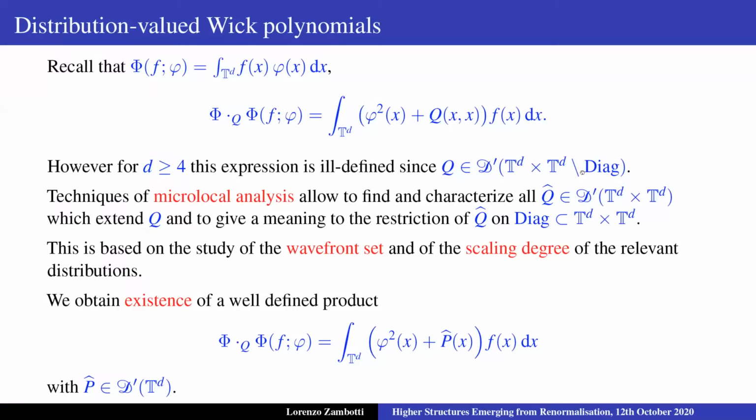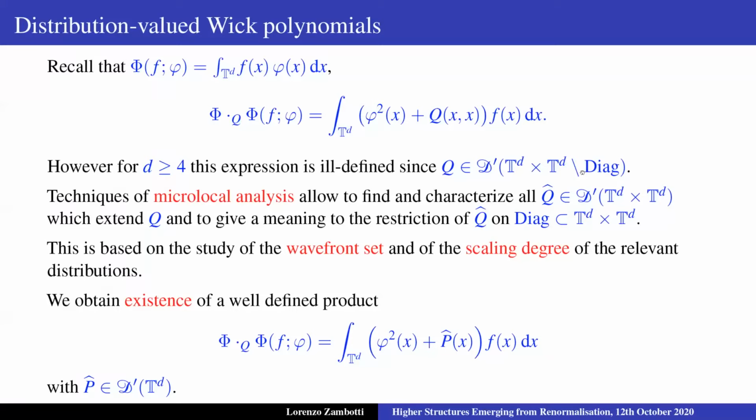And okay, so there are two separate steps, and the next step is to give a meaning to the restriction of this extended distribution to the diagonal. So you need to do both things. This approach is based on the study of the wavefront set and of the scaling degree of these distributions, which we are studying, and doing all this, which is a long series of non-trivial considerations, you obtain a well-defined product